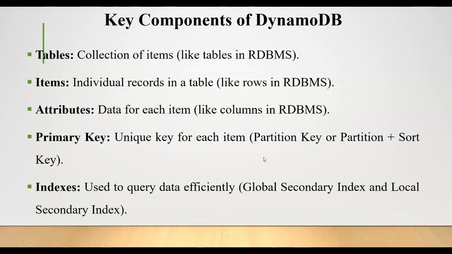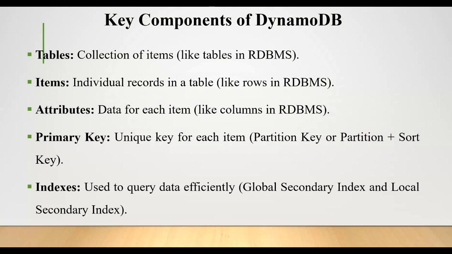The next topic is the key components of DynamoDB, which we can also call the core concepts of DynamoDB. It contains tables, items, attributes, and indexes. These are the main core concepts of DynamoDB. A table is a collection of items, like tables in an RDBMS. An item is a collection of attributes, and it's an individual record in the table, like rows in the